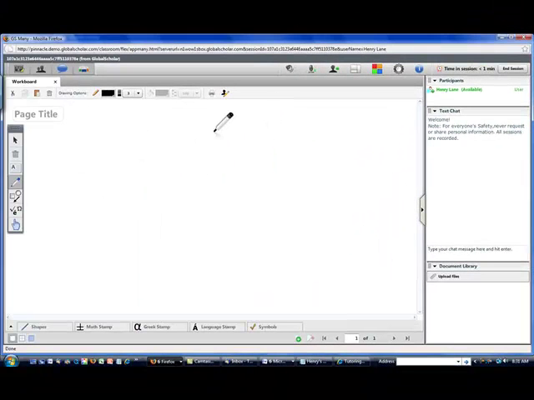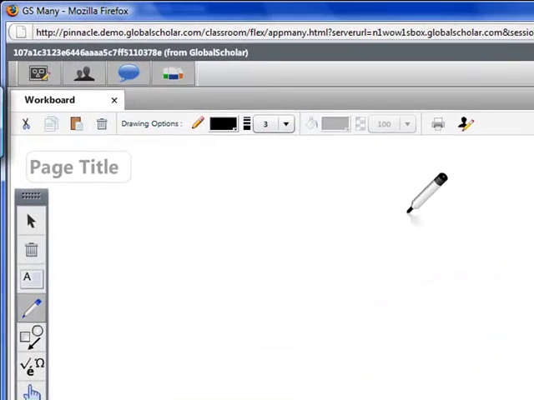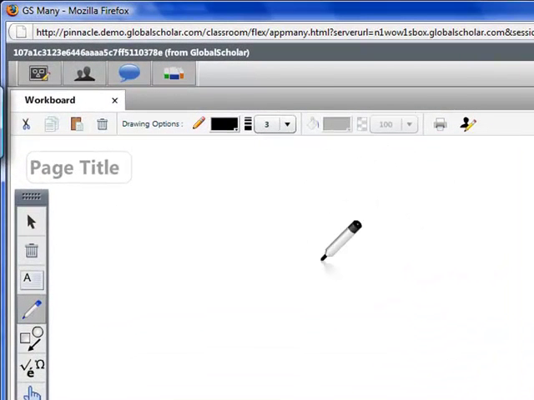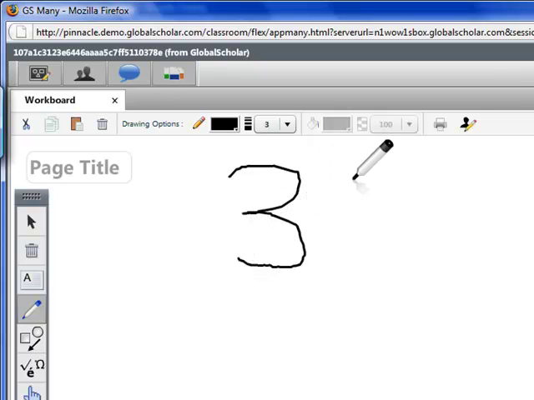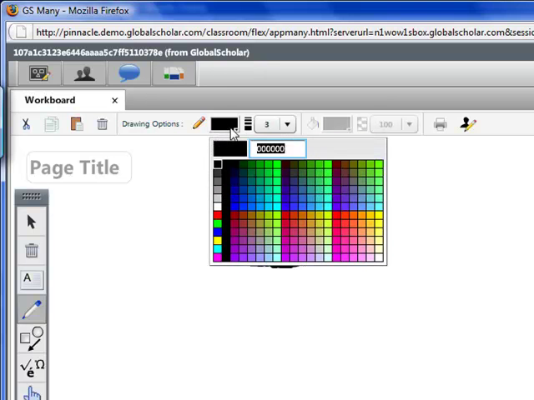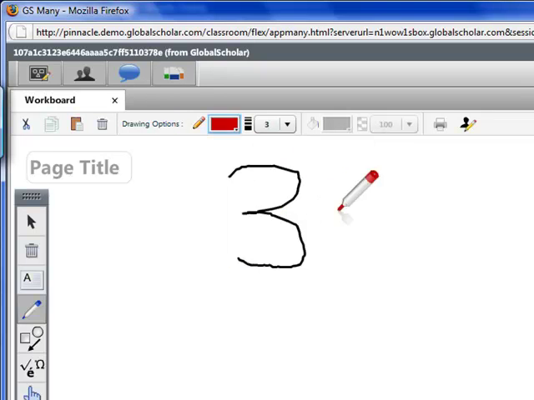If we move our mouse cursor onto the whiteboard, we notice that we have a pen, or it looks like a magic marker. If you hold down the magic marker, you can create a number, a letter, you can draw. If you put the cursor over the black, it looks like a blackboard line color palette, you can choose another color and